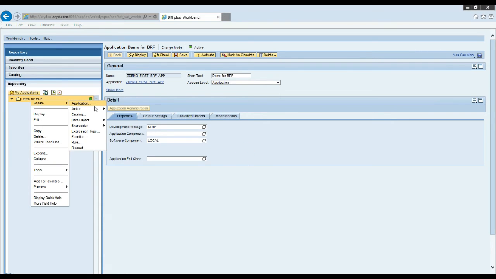Click on create data object element. You can create elements together. You can create a single element also. I'll show you all these options. So I'll say create an element.